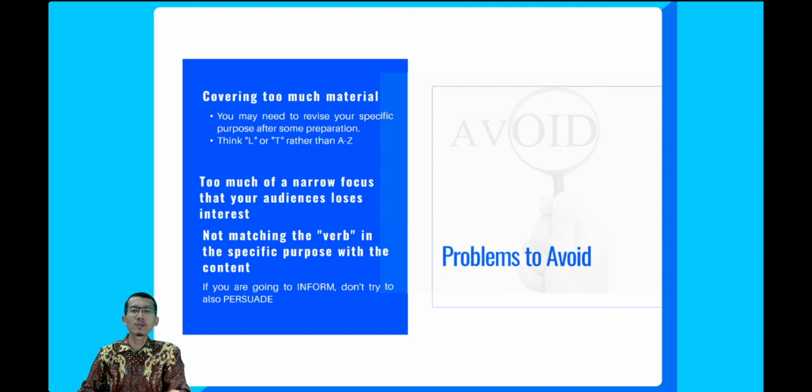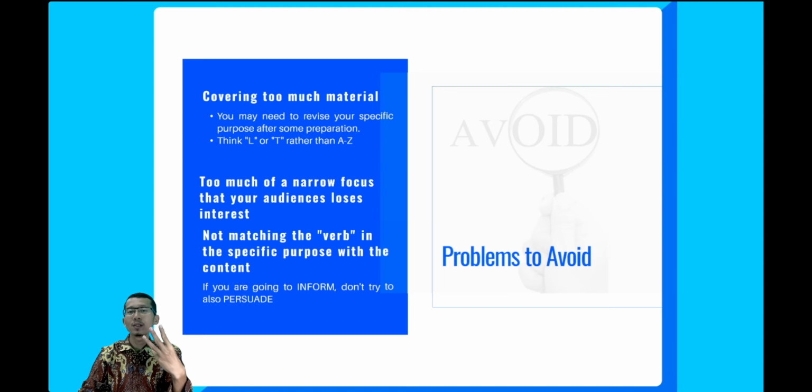The second problem with specific purpose statements is the opposite of being too broad, in that some specific purpose statements are so focused that they might only be appropriate for people who are already extremely interested in the topic or experts in a field. For example, to inform my classmates of the life cycle of a new species of lima bean. Probably this topic is for botanists or agriculturalists.